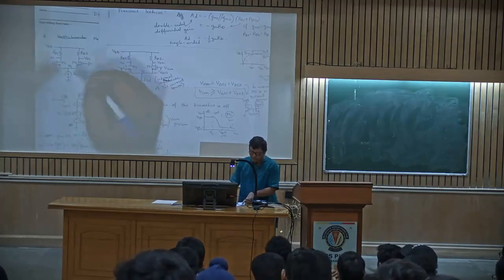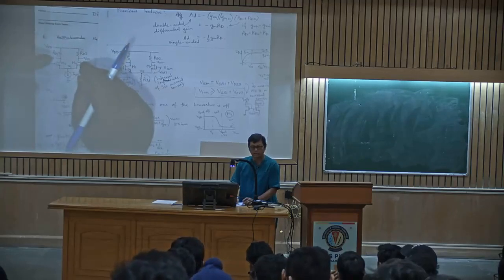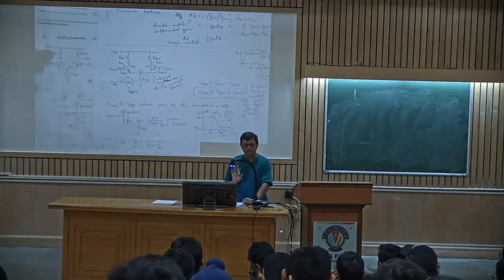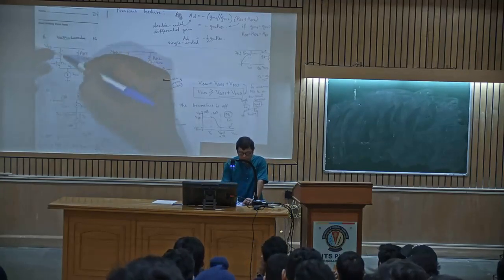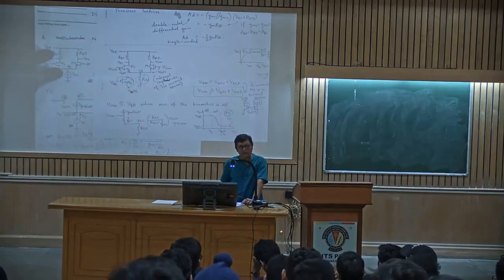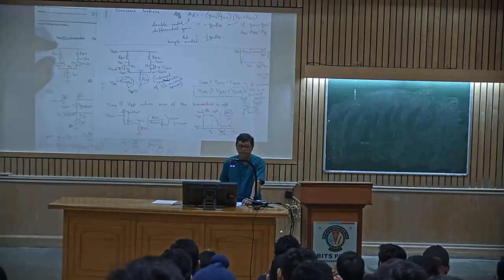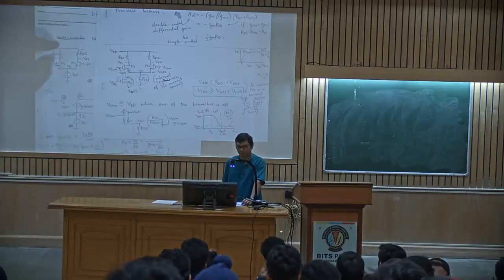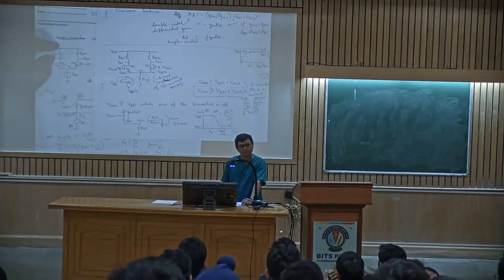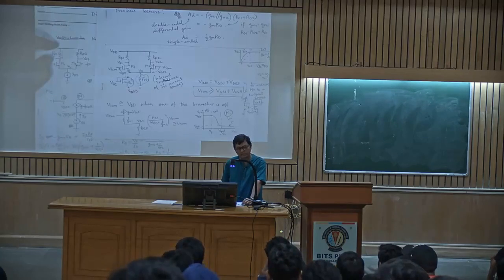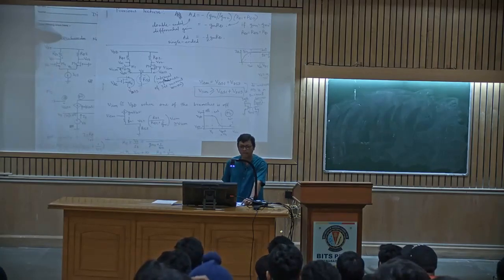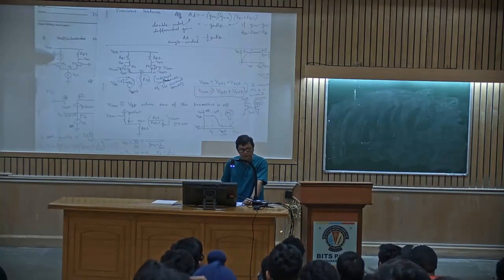These two are the same. So ISS is equally divided into the two branches, assuming that RD1, RD2 are the same. So what is the current flowing over here? ISS by 2. What is the maximum drop then possible? Because the maximum current flowing through RD will be ISS by 2. So ISS by 2 into RD will be the maximum drop over here. So what is the minimum value of VDS we will be getting? VDD minus ISS RD by 2.